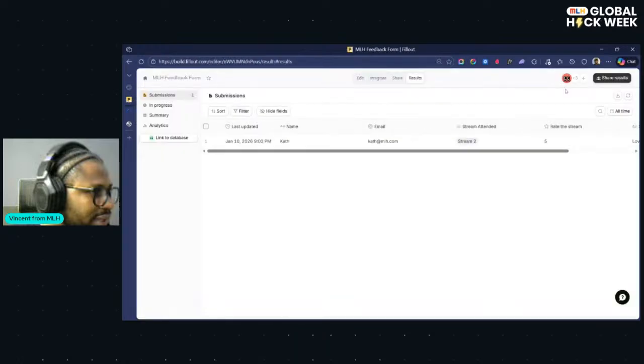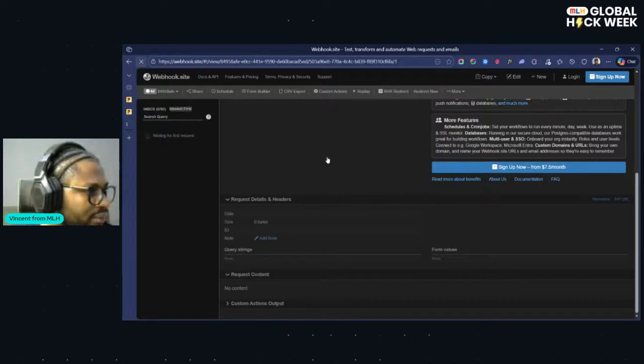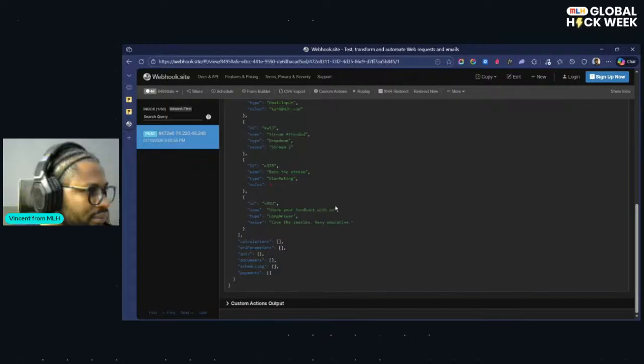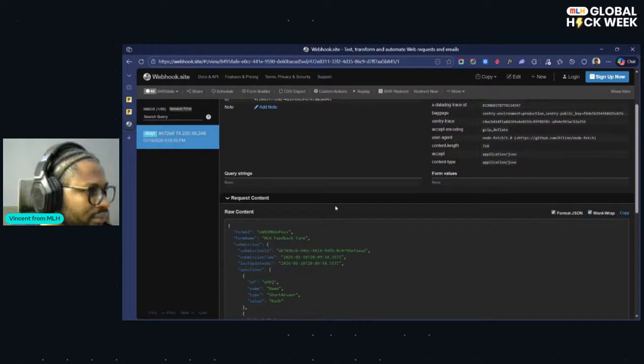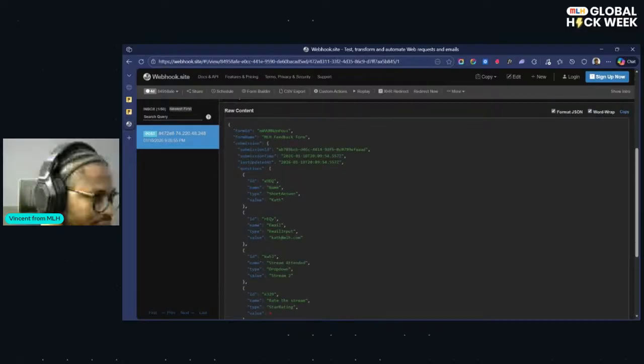Let's see. I'm not sure why it's not coming up, but let me see. There's no error message, so it should be coming here. Yeah, it did actually. Okay, I think it's from my network. I just needed to refresh. So if you take a look, this is giving me the payload. This is what we call the payload, the request that was sent back to me. Right here, we have all the information coming from that form.